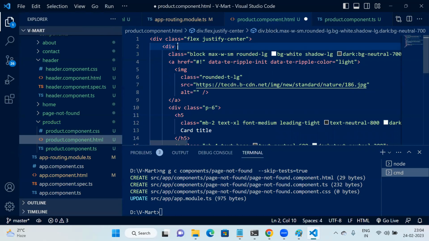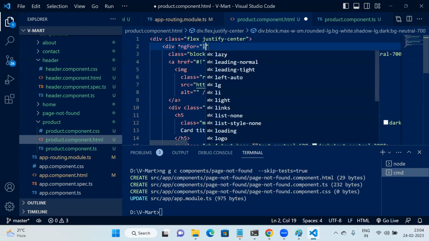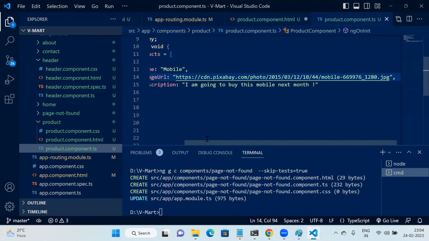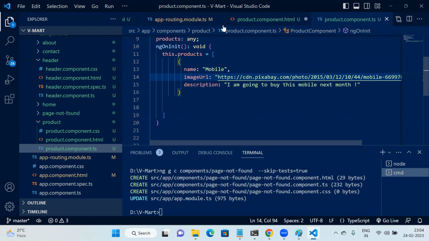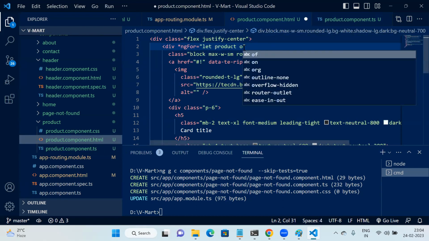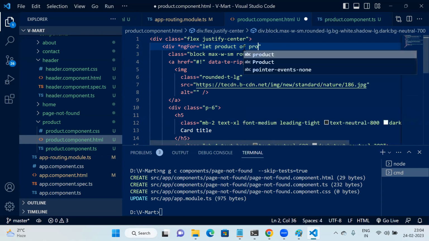So star, as we know the syntax, asterisk ngFor, and then let, suppose we have given the products over here, so I can write product, and this can be your name, whatever name you want to give, but it should be unique. Already we are using products over here, so product is fine, it will work. And of products,